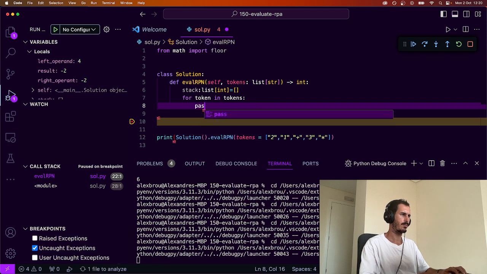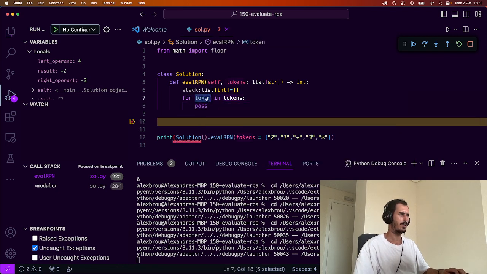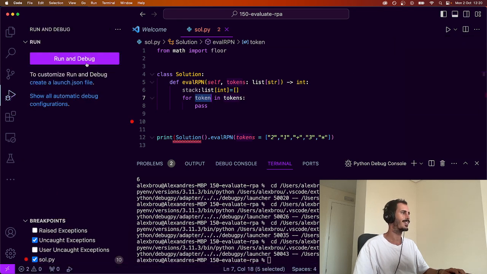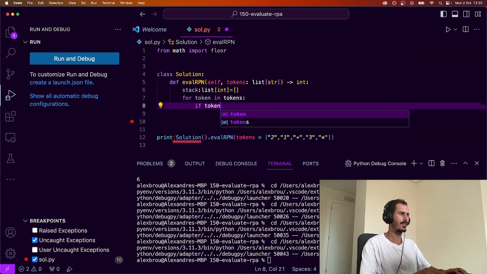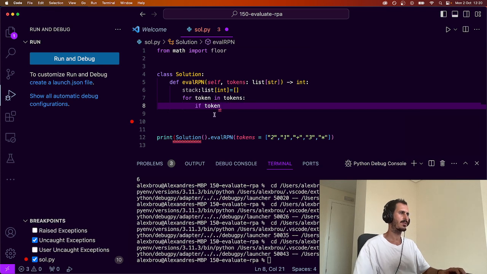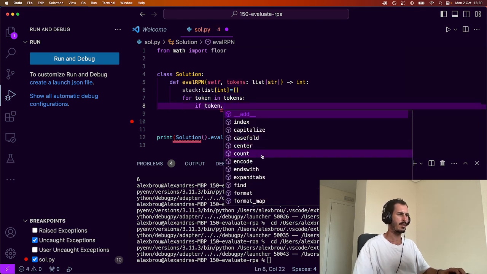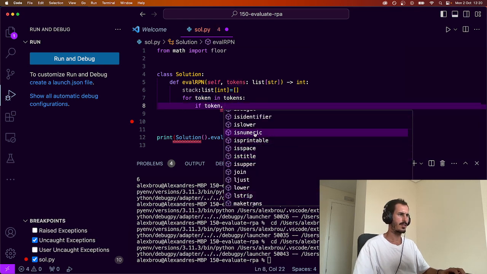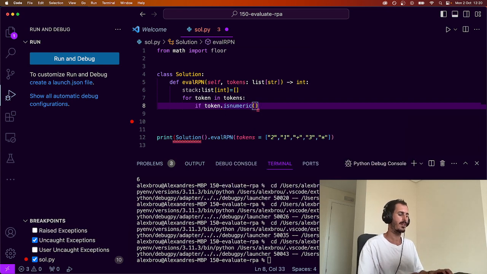What's going on? I'm not getting my autocomplete as I usually do. Oh yeah, I have the debugger on. So token is a string. So if token dot is alphanumeric, what's going on? I'm not getting the... is numeric. Okay, is numeric. Then